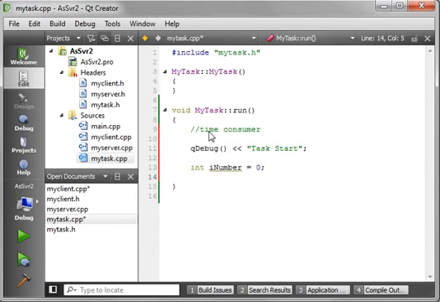And we're just going to say for int I equals 0, I less than, we'll say 1,000. Actually, let's just do 100 just for giggles. I plus plus. And you can do any sort of time-consuming task you want. We're just going to say number plus equal I. We just want to know what happens if we just keep adding this number up over and over and over and over again. And then we're going to say QDebug